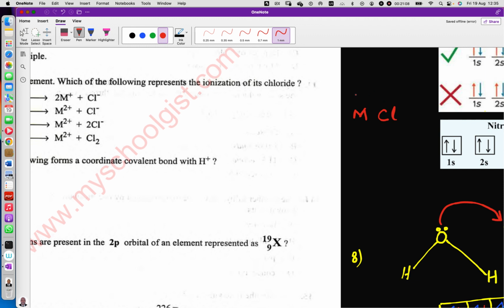A group 2 element has a charge of +2. Chlorine is a halogen, group 7, and it would gain 1 electron to complete the octet, so it has a charge of -1. In this case, the simple way of forming a compound between the two is that we swap their numbers. 1 will come here and 2 will come here. And the compound formed between these two is M